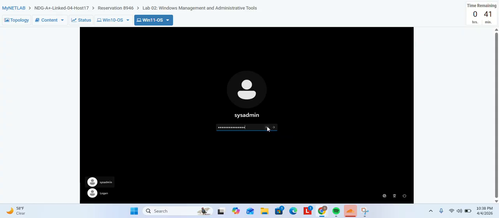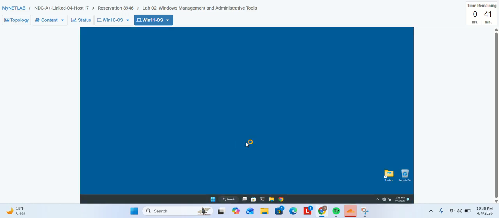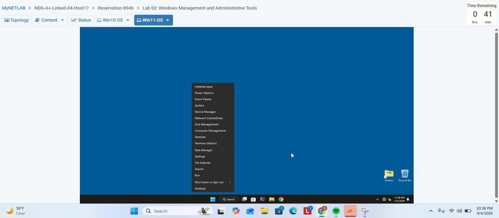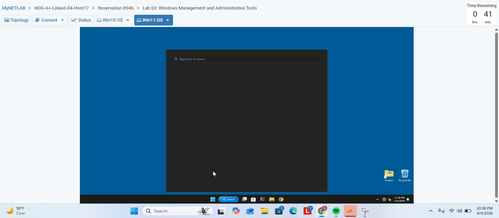We type in the password again and see if it works. So the welcome screen is showing. I was able to change the password successfully, and then I am clicking the right button with the search,